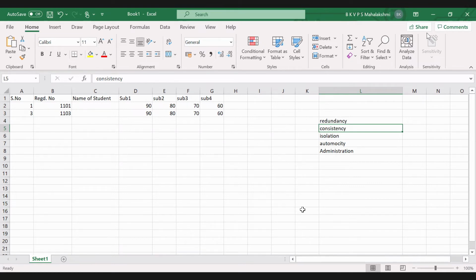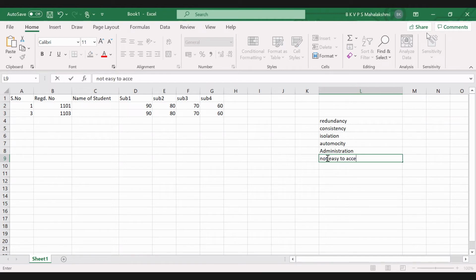Even giving the tasks online is easy because you have the proof. That is why team leads also do the job well in software. They have the proofs and it is easy to access, but in the file system, it is not easy to access. Any other disadvantages in the file system?